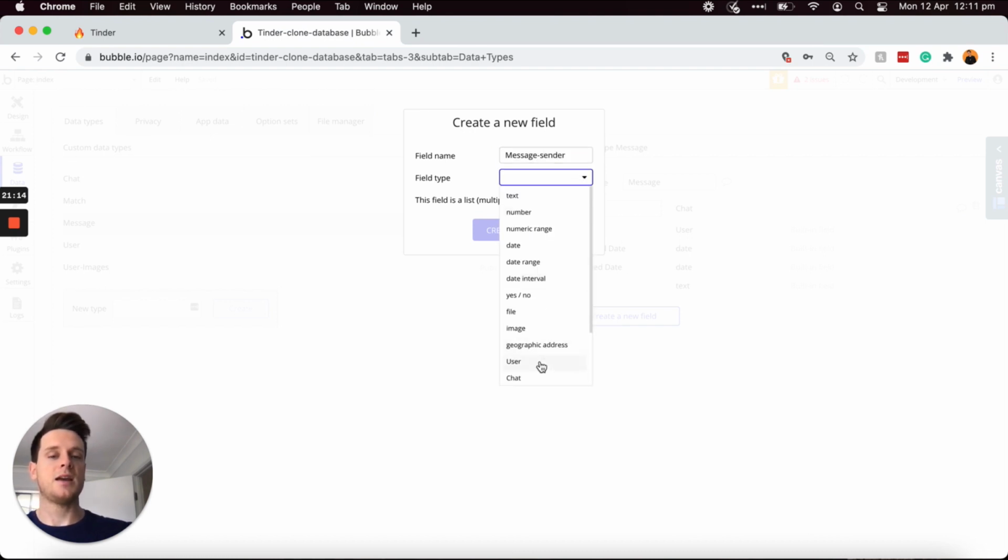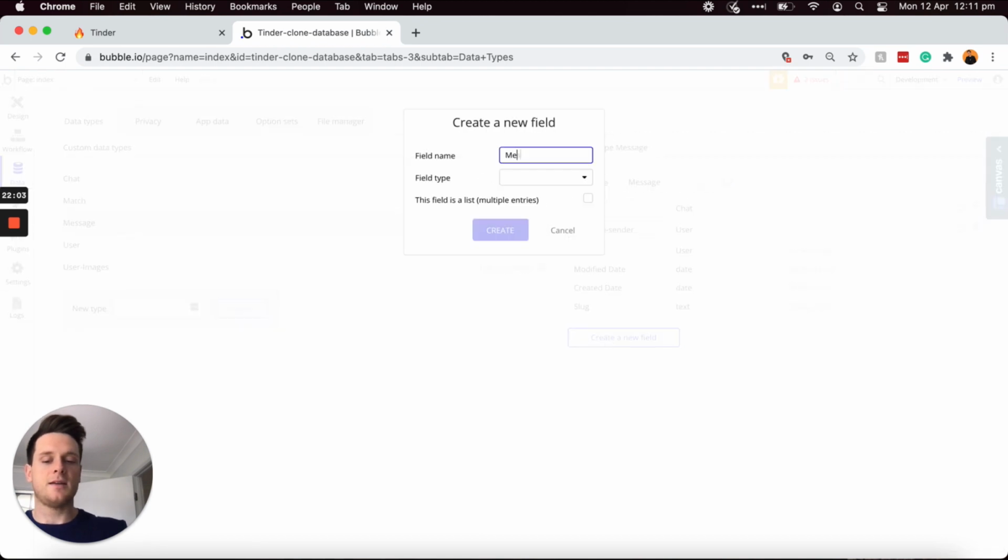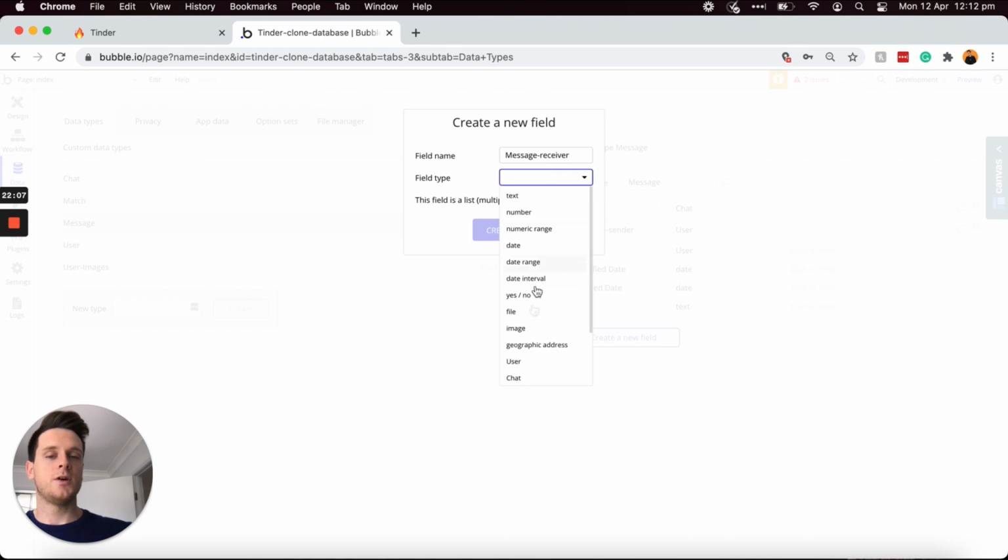and this will be a user field. I'll create that. Now, one thing I will note is that the message sender being a user technically could be the creator field here that Bubble has pre-built in. But just for the sake of our tutorial and to make things easier when I actually build out the workflow, it's much more effective for me to just manually add in message sender and message receiver so you can follow along more intuitively. So I'll then go and add in the message receiver data field, which of course will be